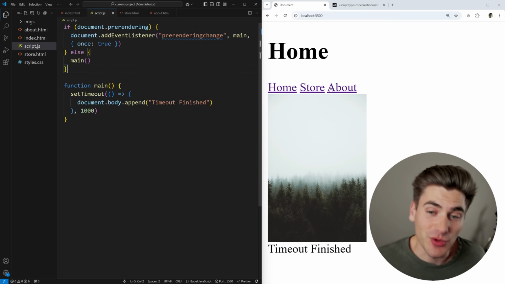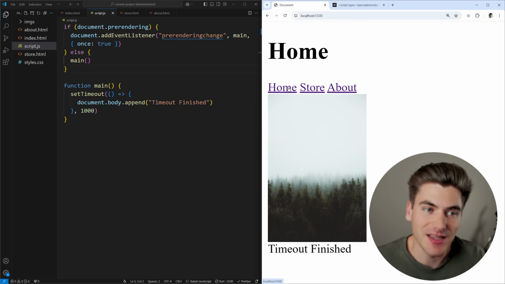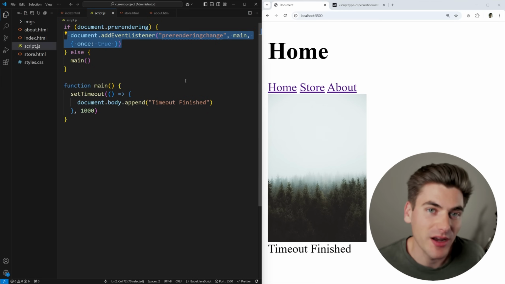So to test if this is working, I can click on my store page and you notice that the timeout finish shows up after 1 second. Even though my page was pre-rendered and you noticed it loaded absolutely instantaneously, all the JavaScript code that I wanted to wait until later, I have set inside of here so it doesn't actually run until my user goes